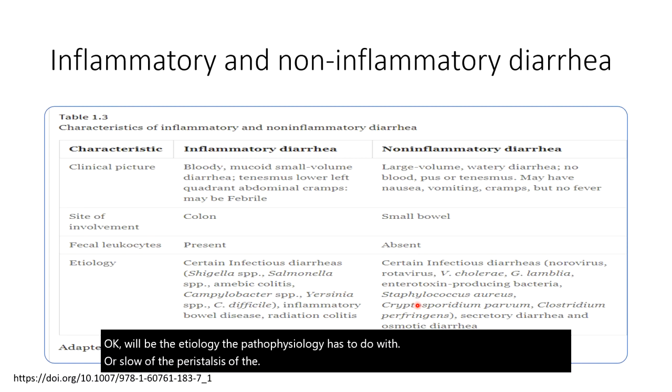Non-inflammatory diarrhea: large volumes of water, watery diarrhea, no blood, no pus, no tenesmus. But we can have vomiting, we can have cramps, no fever, we can have nausea. The site of involvement is the small intestine. No leukocytes. Usually Vibrio cholerae, because toxins are acting. Rotavirus, norovirus, Giardia lamblia, Staphylococcus food poisoning, or Cryptosporidium parvum,